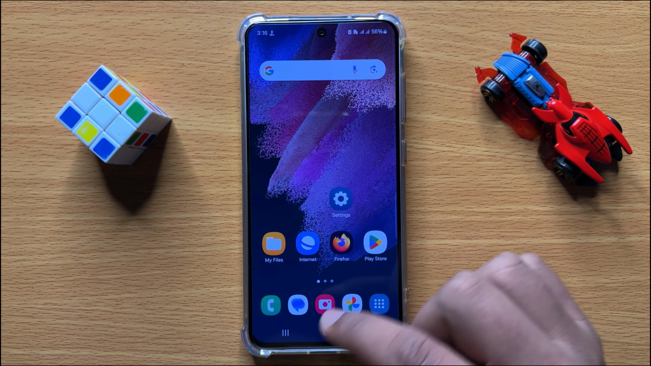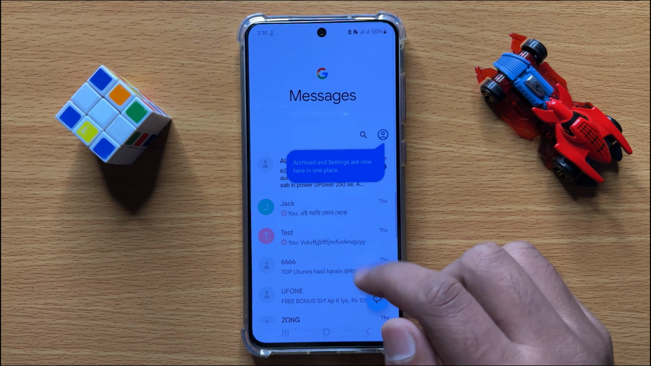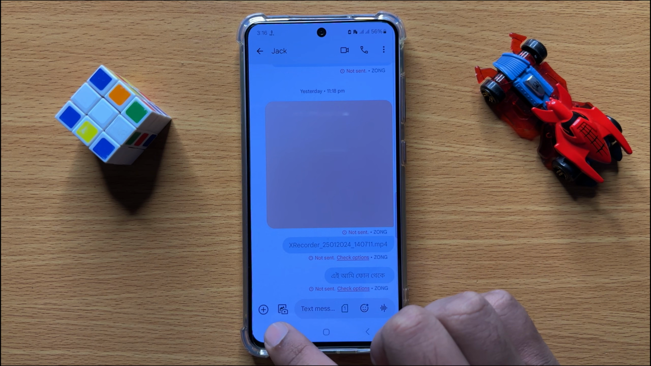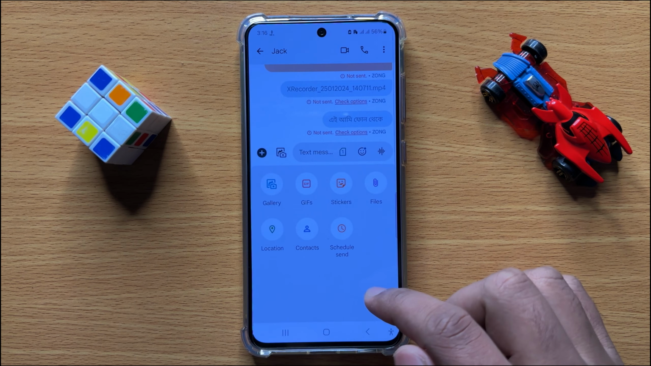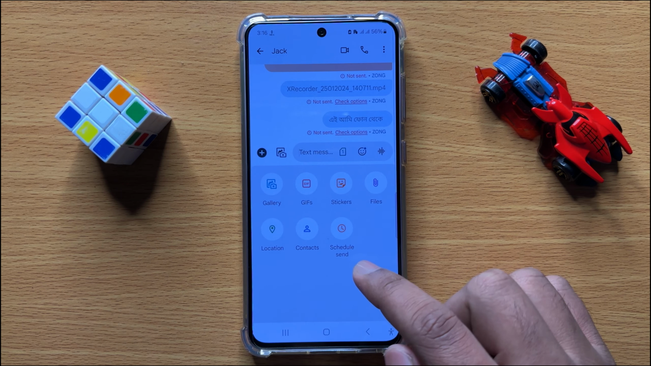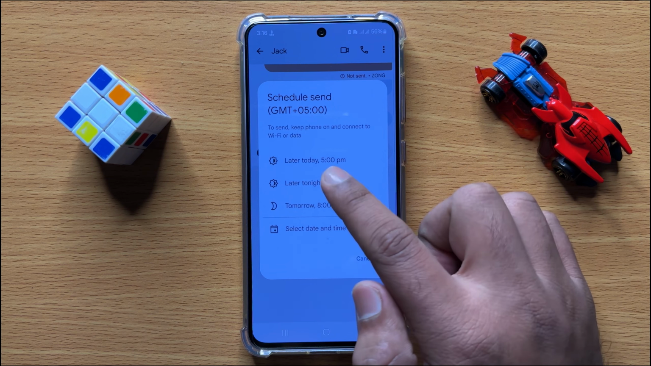So first of all, open your messages app. Now here open a conversation and then click on this add icon. And here you will see a schedule send option, so click on this option and then from here you can